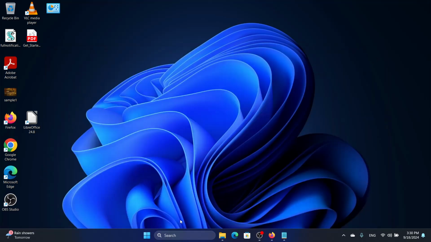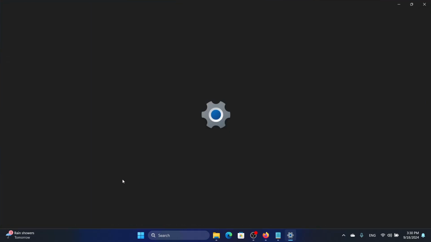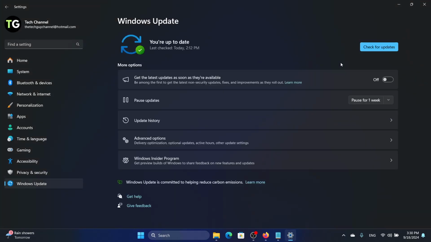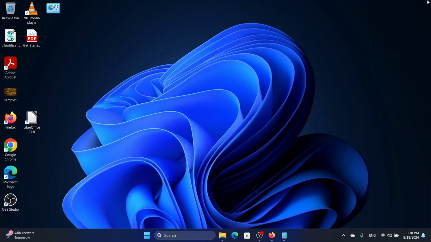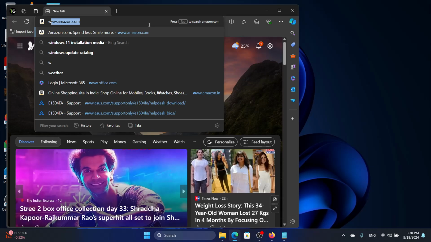Now we should again try to do a Windows update. So we'll go to settings, Windows Update and then run the update and click on install. If you're still getting that issue, then we can manually download Windows Update and then install it. So for that we need to open the browser and go to Windows